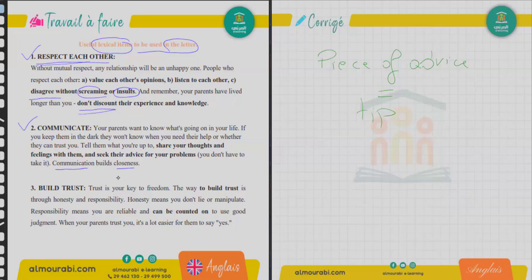If you communicate with your child and if you communicate with your parents, you will get closer to each other. D'accordo? It's building trust. We build trust between us. Building trust, building closeness. How? Through communication. I like this word, which is sharing thoughts and feelings. On doit partager nos sentiments. On doit partager nos idées. It doesn't mean you keep secretive. Not secretive, guys.